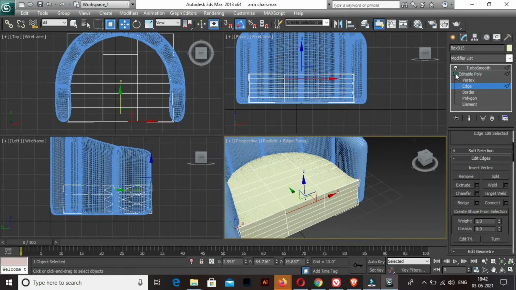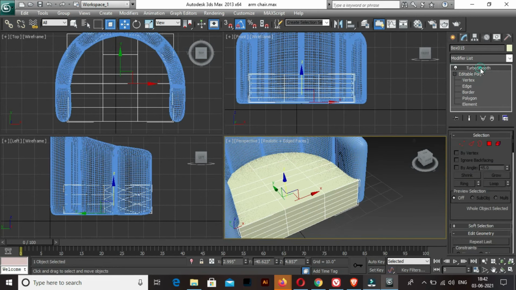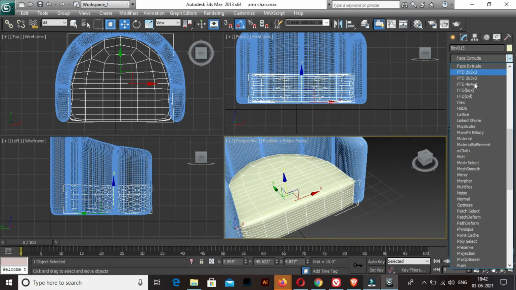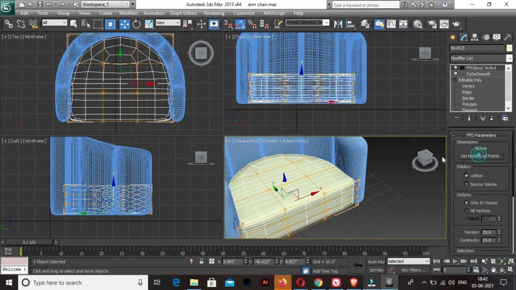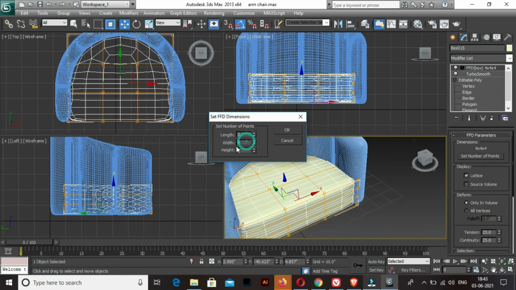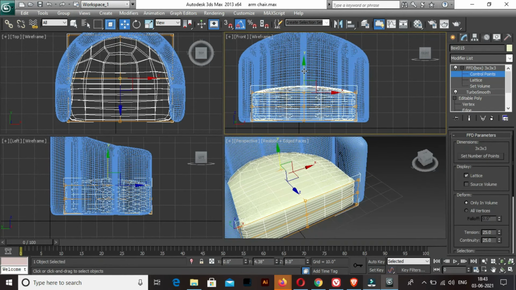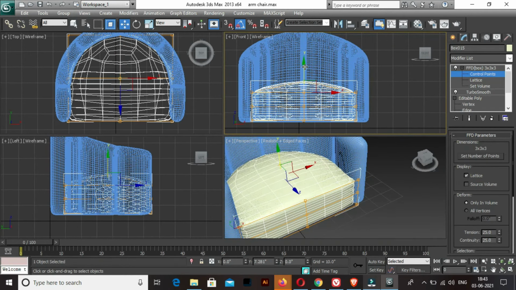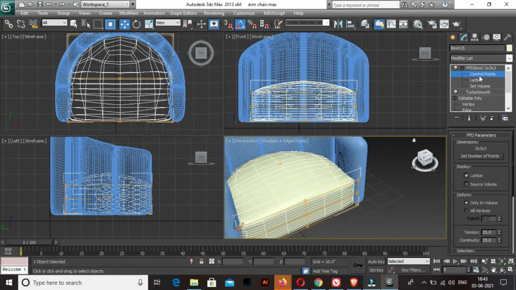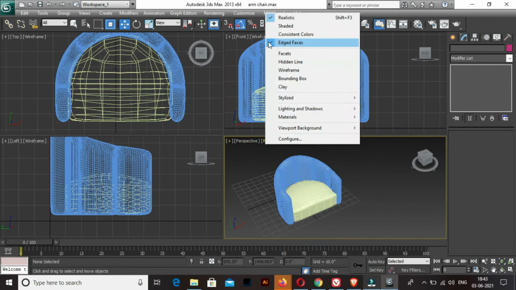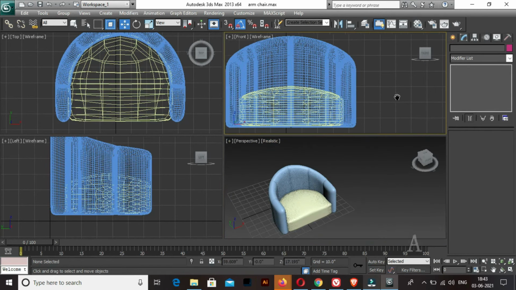To deselect this edge and then Turbo Smooth, and then a box, and I'm just setting the number of points as 3, and you can select this control point and raise it just to make it a little fluffy kind of look. So this is done.